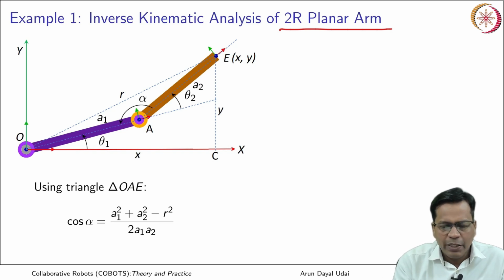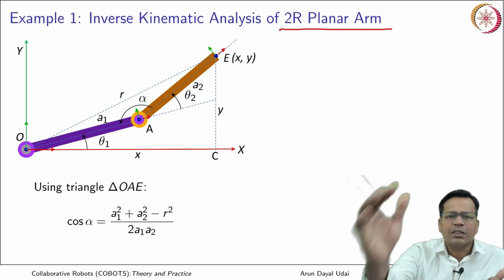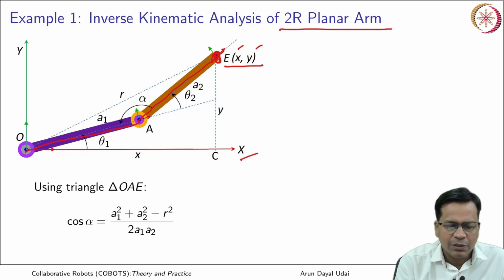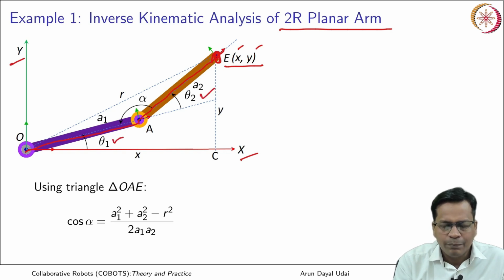It is a planar manipulator, just like your engineering drafter as you have seen. So this is your link 1. First link goes here and you have a second link that goes like this. So you have an end effector that lies here. End effector has a coordinate x and y. So this is your x axis, this is your y axis. This is joint angle theta 1 and joint angle theta 2. Theta 2 is a relative angle.